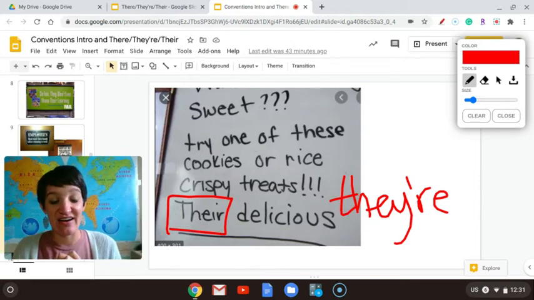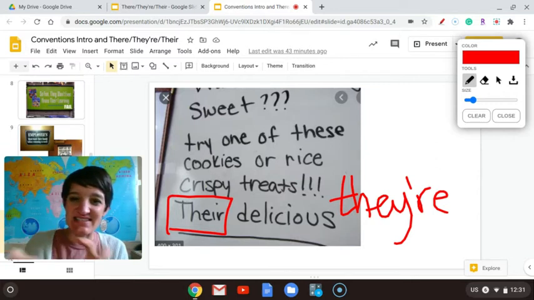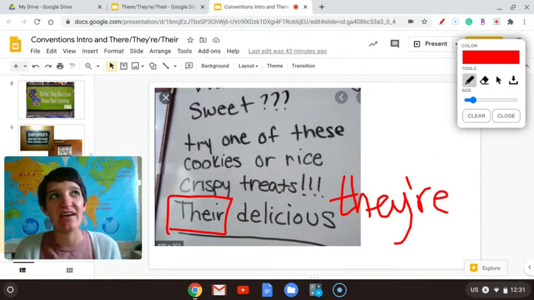Okay, so now that you know, use the correct "there." And if you are writing a sentence, typing a sentence out, and you come across it, "there," then think, okay, am I talking about a place?